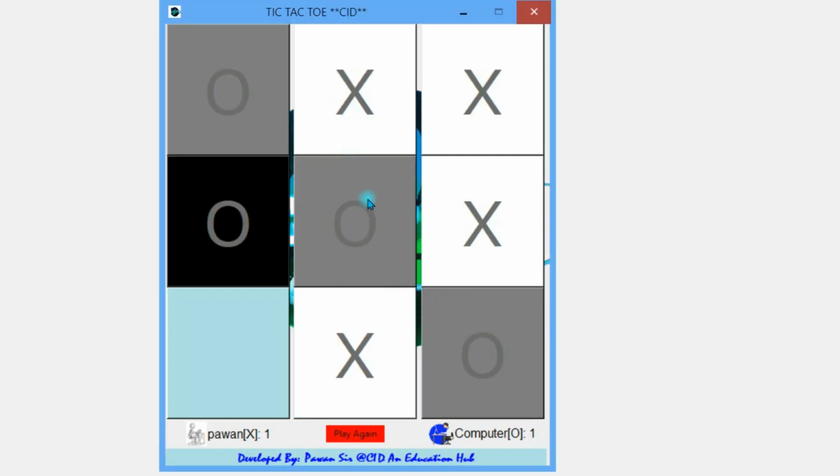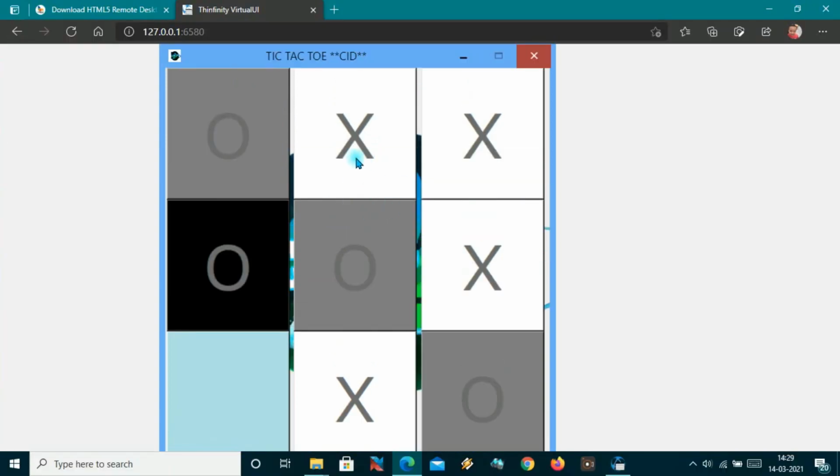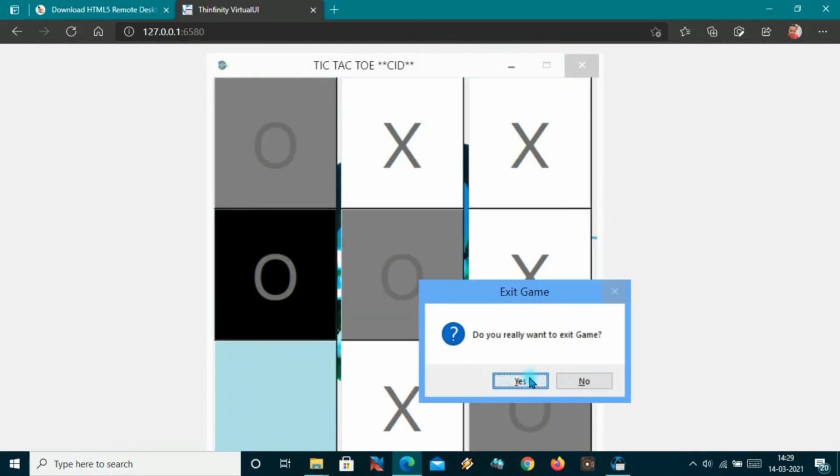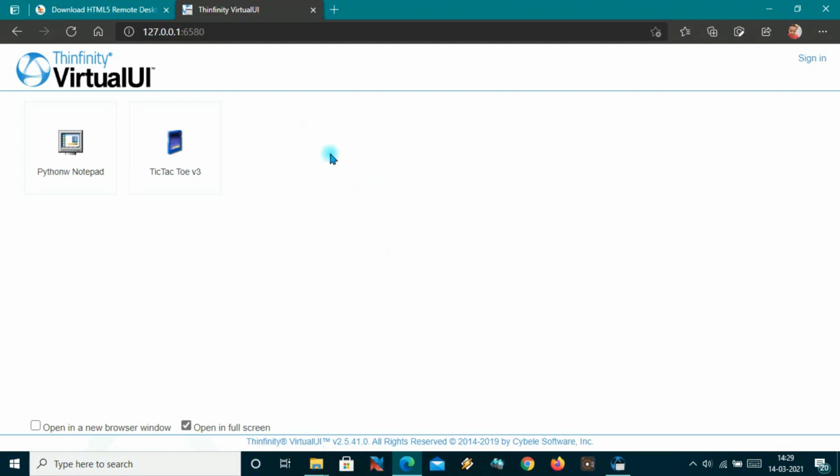Okay, so it is like that. When I close this application by pressing the escape key, it will ask me whether I want to exit the game or not.